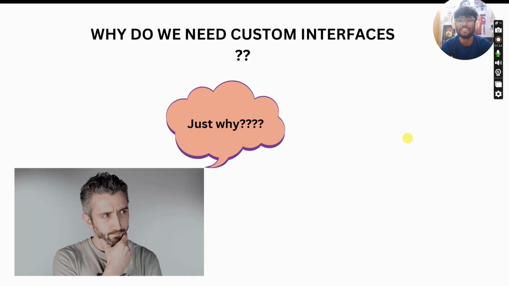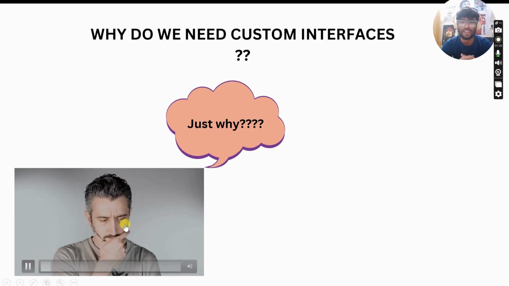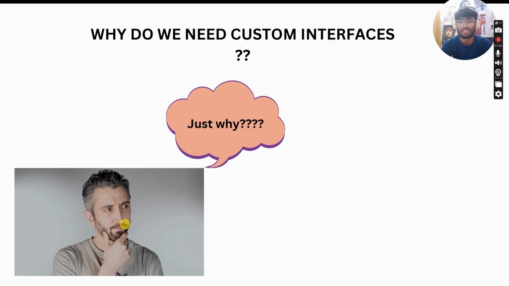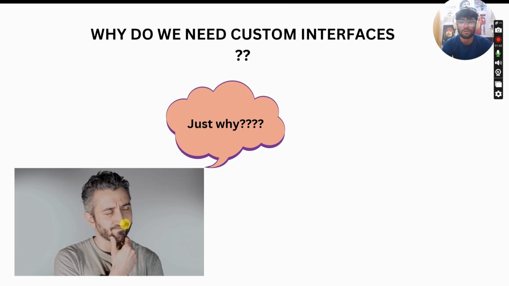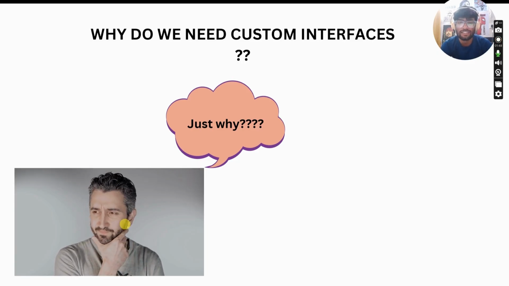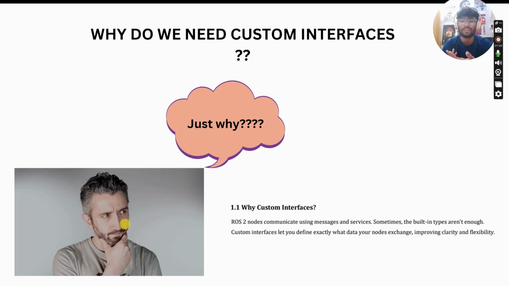Why do we even need these custom interfaces? We have publishers and subscribers which can get data, which can hear data, which can publish data to a topic. Why do we even need custom interfaces? The definition of custom interfaces is very basic. Just like the name suggests, it's custom. We make them. And we need them because